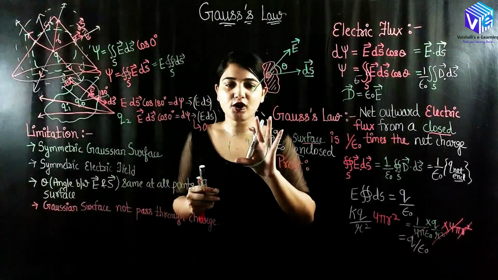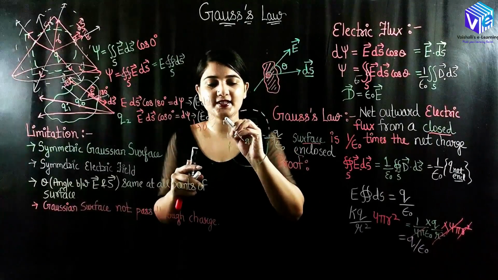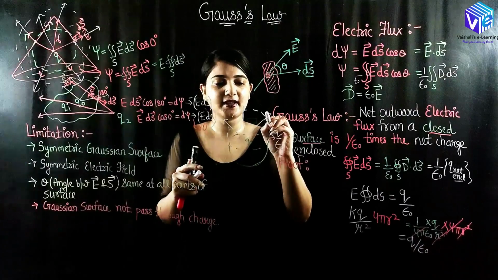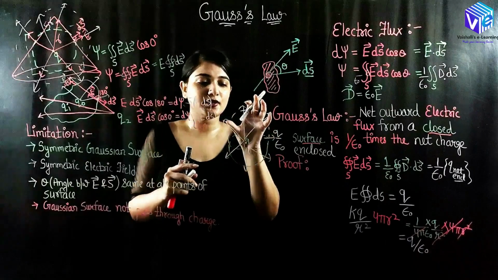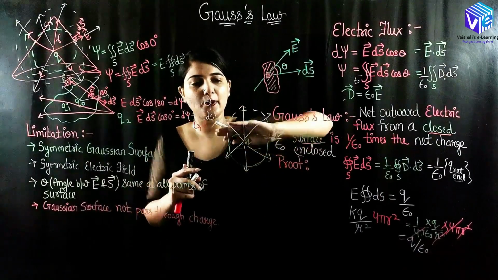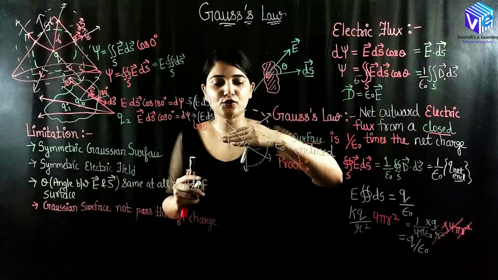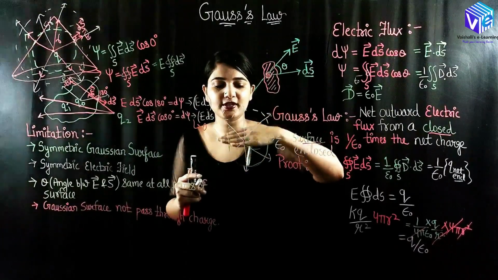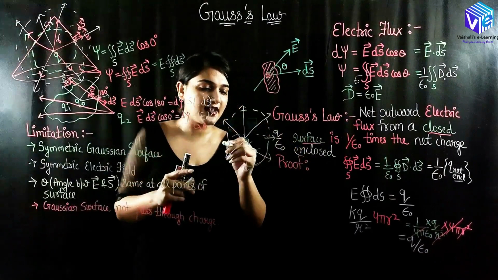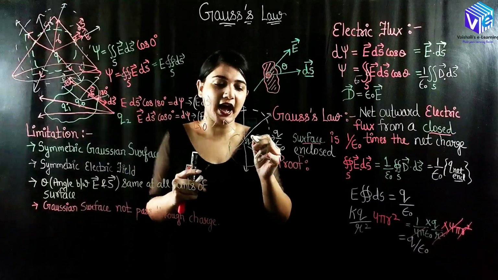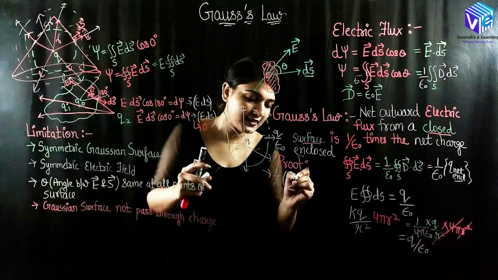Now if I talk about the half sphere, this is a symmetric structure. If the charge is giving some electric field, it is giving it in all directions with symmetry. So the charge that is giving the electric field in the upward direction is giving the same electric field in the downward direction. So the flux in the upper half portion will be equal to the flux in the lower half portion. So the flux due to this half surface will be half times Q upon epsilon naught.